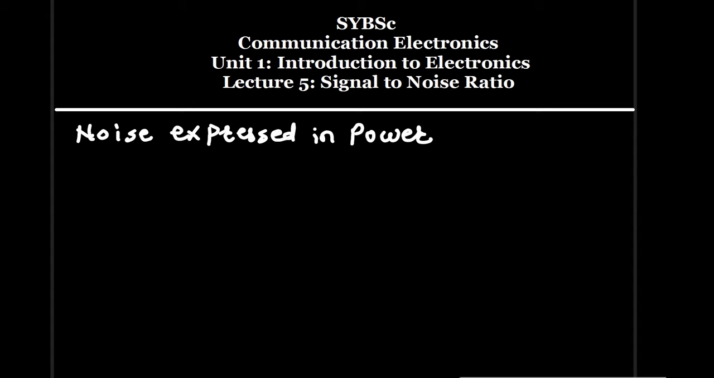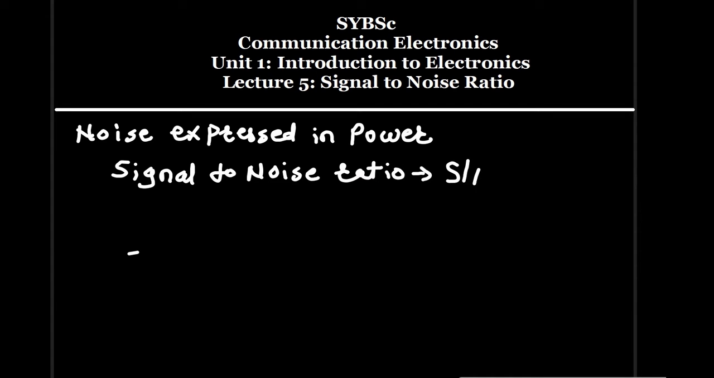Because the received signal is also expressed in terms of power. If the signal and noise powers are known, the signal to noise ratio can be calculated. That means signal to noise ratio is abbreviated as S by N ratio. Sometimes they will ask a question about signal to noise ratio by using S by N ratio. The S by N ratio is defined as,